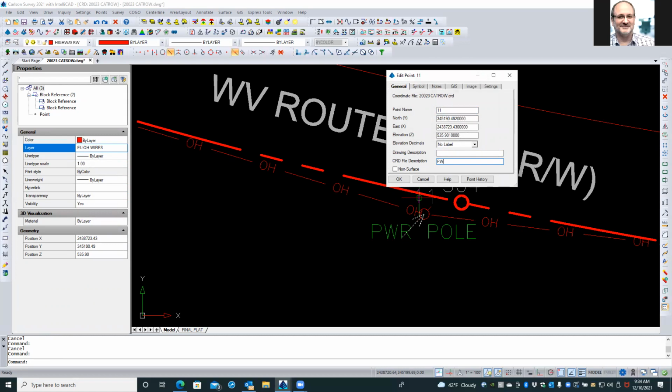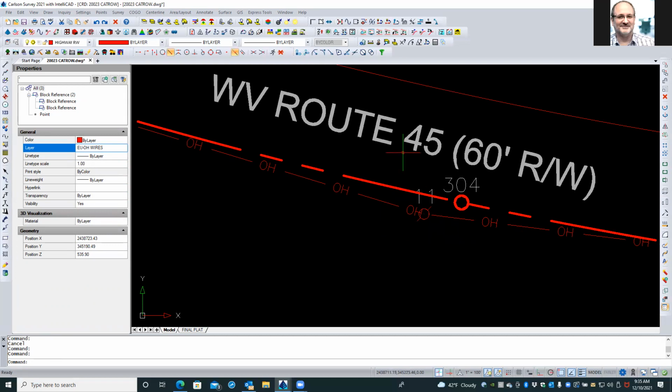Now, your drawing description versus your CRD file description. So the drawing description is what's in the drawing, and the CRD is actually changing the description of that point in your coordinate file. Yeah, I needed to do that. I was going to say, you don't have to do that, and they don't have to match, as you saw there, they didn't. So right now, to fix that symbol,